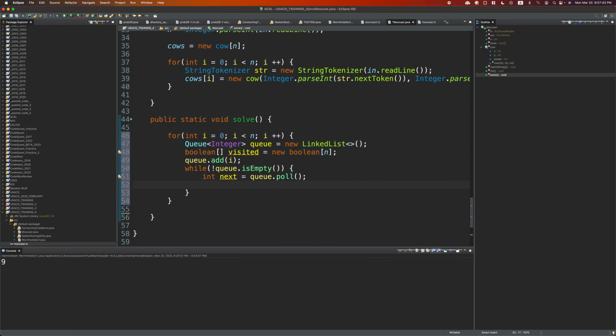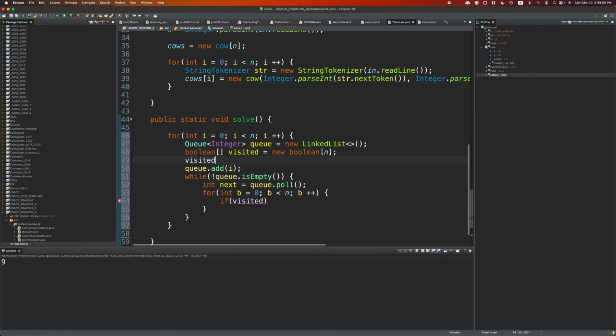Then we will iterate through all of the cows and see if we can visit them: b equals 0, b less than n, b plus plus. If we visited this place, though, actually here, we'll set this to true. visited[b]. Continue. But for the cows,